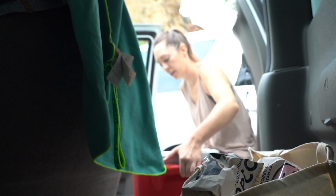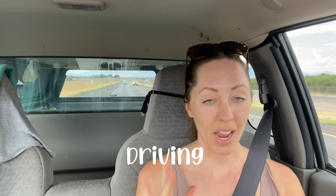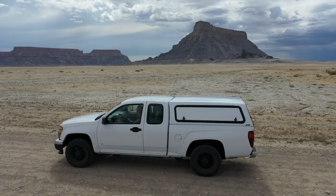Next adventure. Oh, maybe I should empty the cooler first. Yeah. I need new ice. So in terms of driving the truck, hitting the brakes on this car is a little